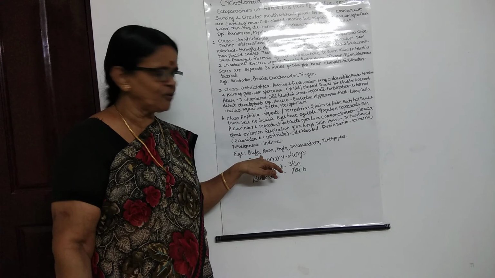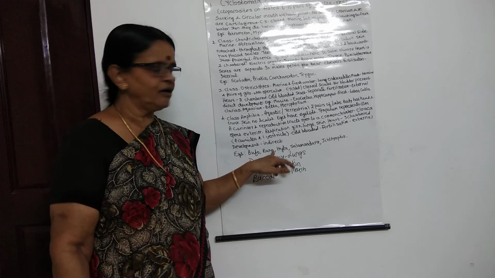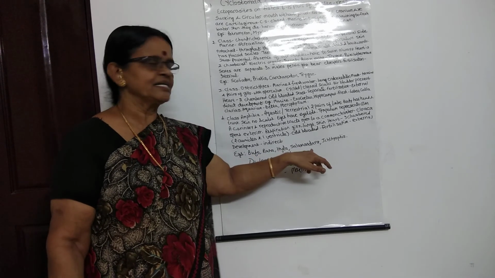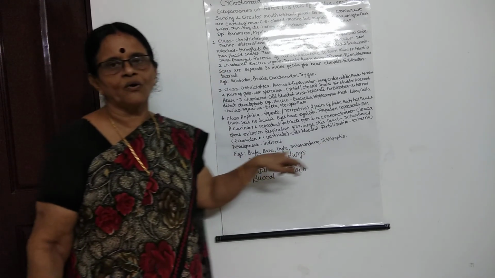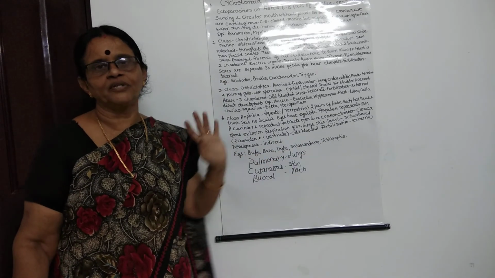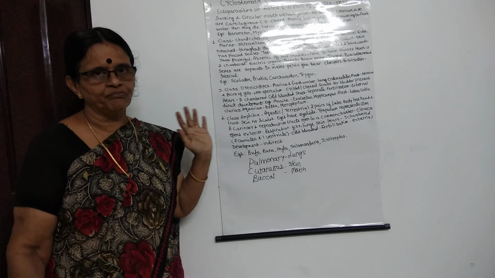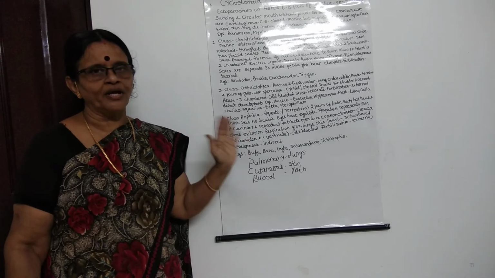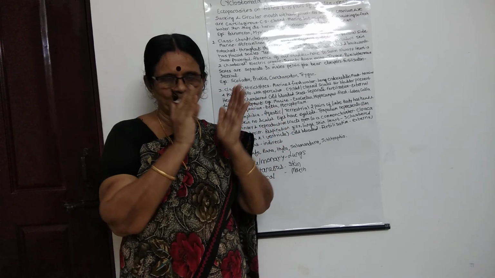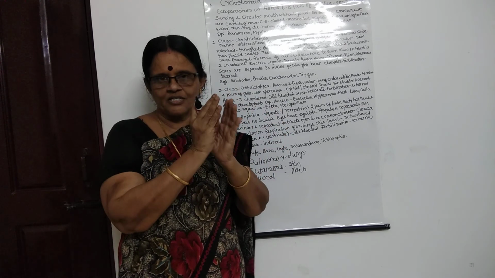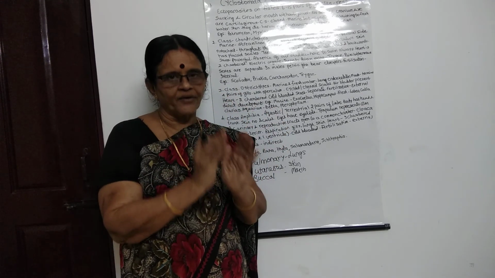Examples are Bufo, then Rana, Hyla, the salamander, and Ichthyophis. These are all the different examples of the class Amphibia. Alright. So Amphibia is having different, we already said, Tetrapoda has Amphibia, Reptilia,